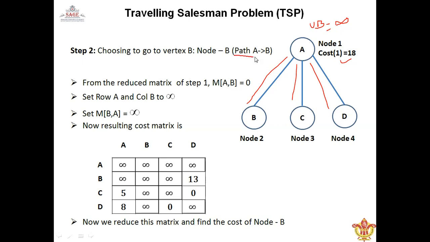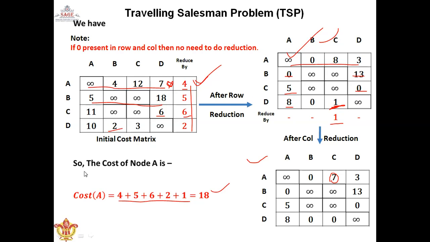So for path AB, we are taking three things here. Okay. We'll have to take the value of this cell, that is A to B, from the previous matrix. Now we are going to use this matrix. This is our reduced matrix and it has the cost 18. So initially we thought that 18 will be the minimum cost of traversing each city. We'll see how it is going to change.